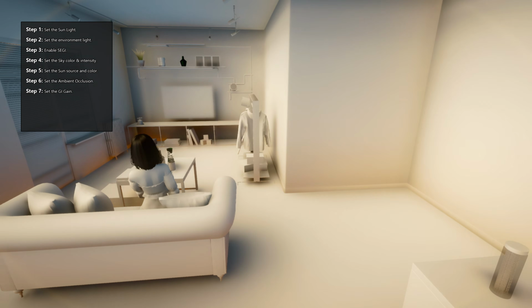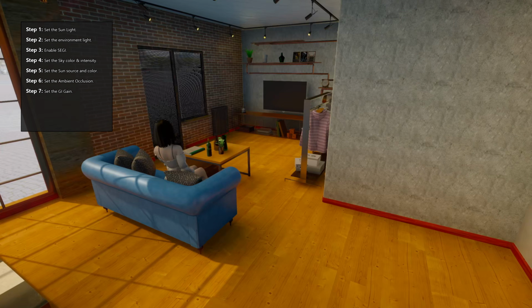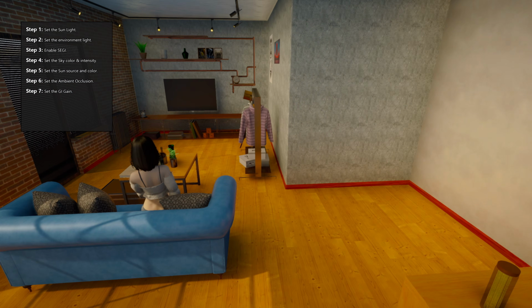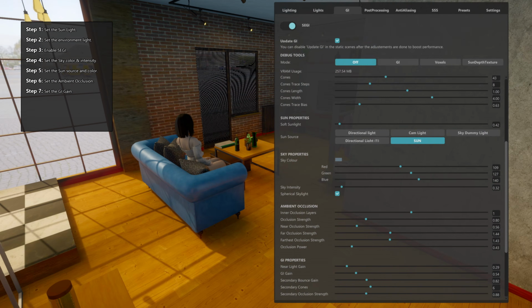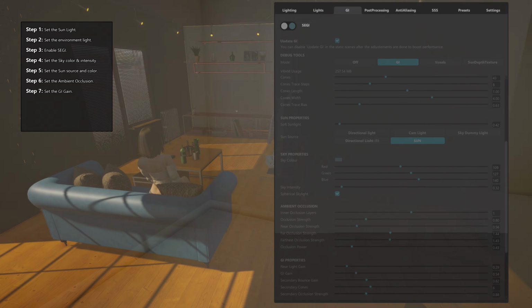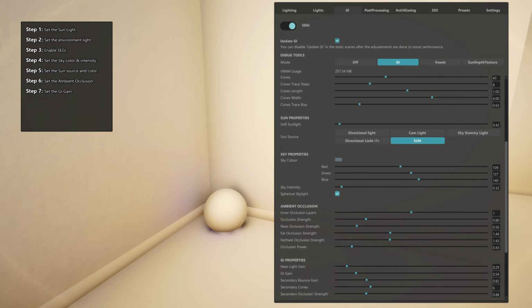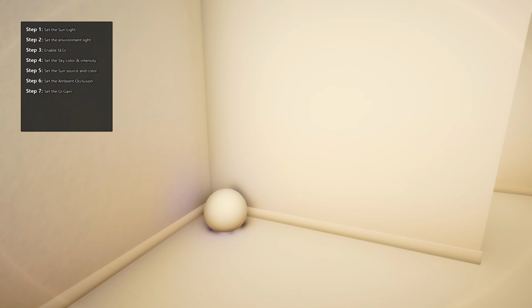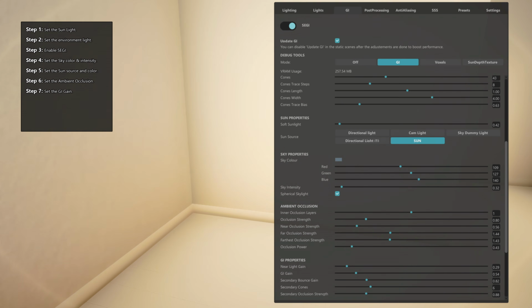Once you have achieved the desired lighting for your scene, you can optimize performance and save memory RAM by disabling the Update GI checkbox. However, keep in mind that disabling the Update GI checkbox means that any changes made to the lighting or objects in the scene will not be reflected in the global illumination until the checkbox is enabled again. So, if you plan to make further adjustments to the lighting or objects, you'll need to re-enable the Update GI checkbox.